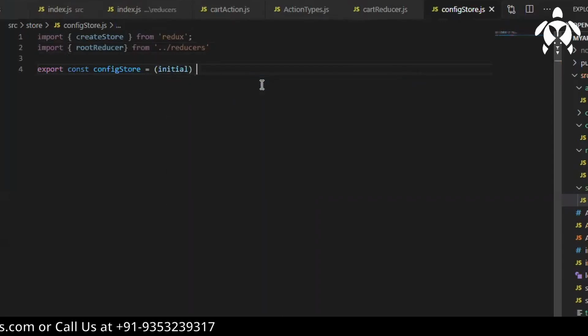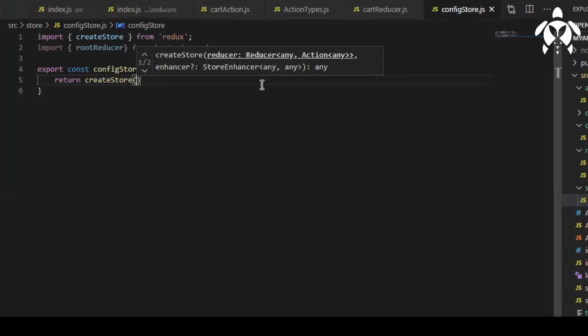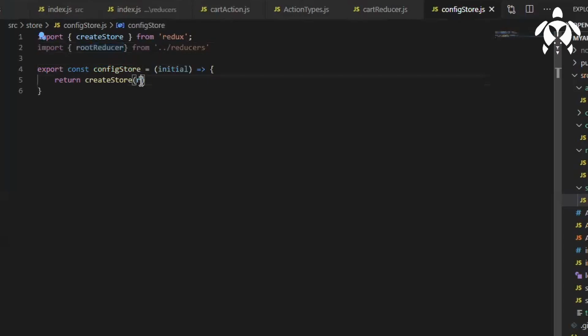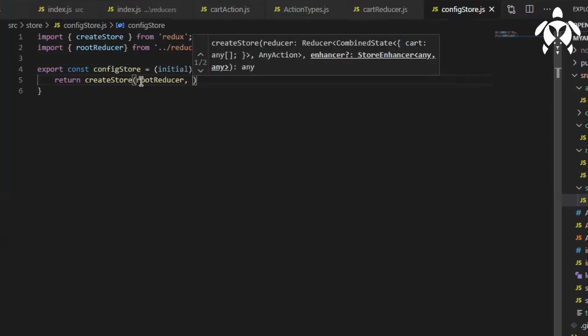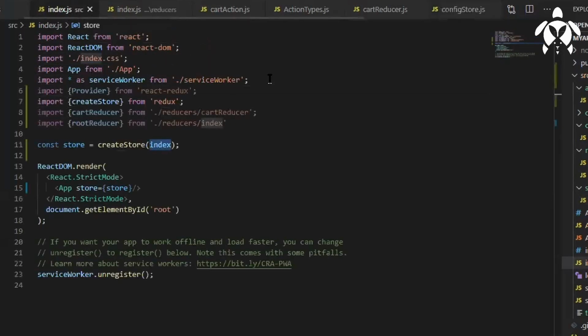Whatever initial state we get, then we'll have the createStore that will take the root reducer as a parameter. The reducer goes here, right? So that will be the root reducer, as well as I'll pass the initial state. Initial state, and then when I go to the index.js file, I need to pass the store over here.